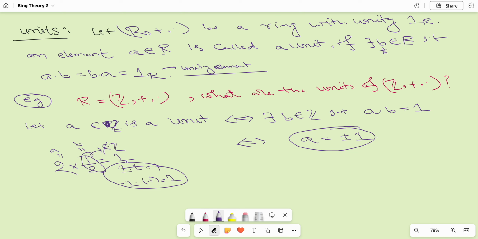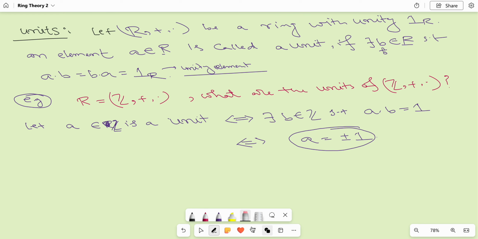So suppose you have, the choices for a is plus minus 1. So a is a unit if there exists b inside the ring such that a dot b equals 1. So this b can be plus 1 or minus 1, and a can also be plus 1 or minus 1. There is no other choice except them. So the units of Z are, and the set of units of any ring is denoted by